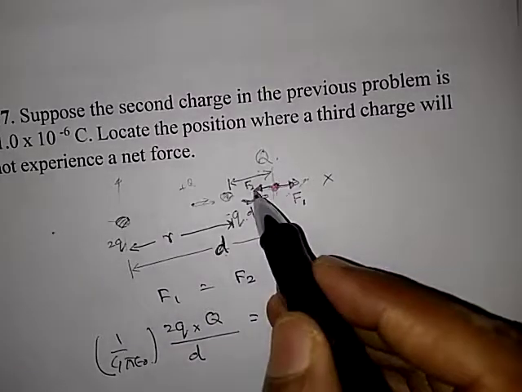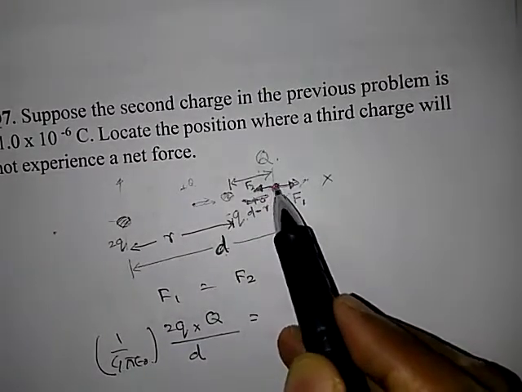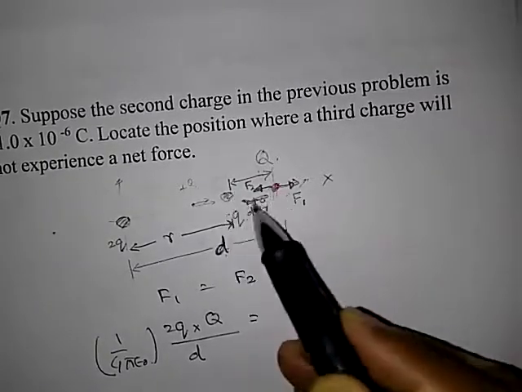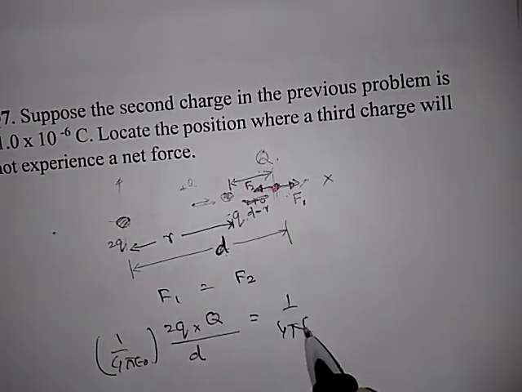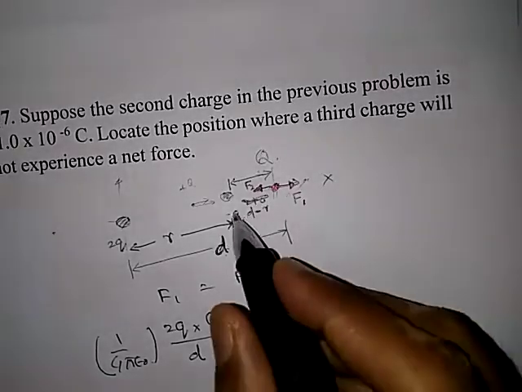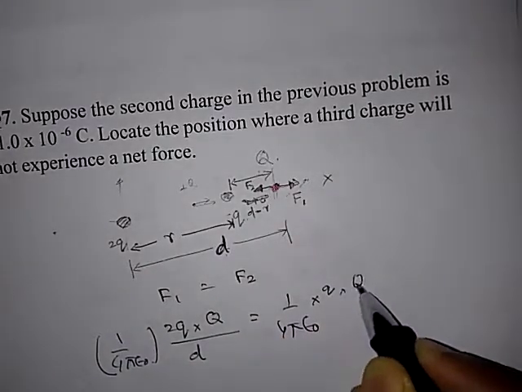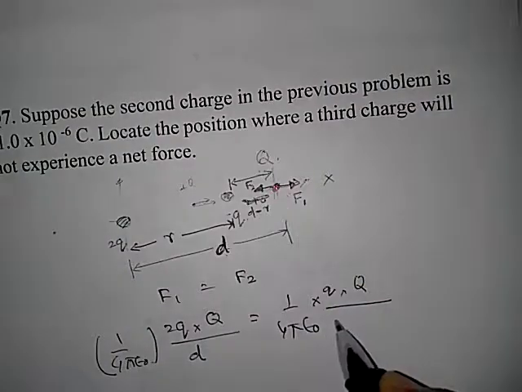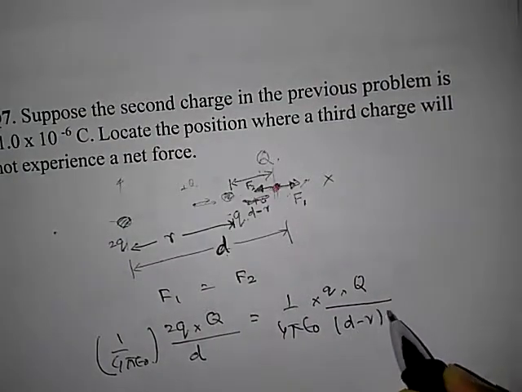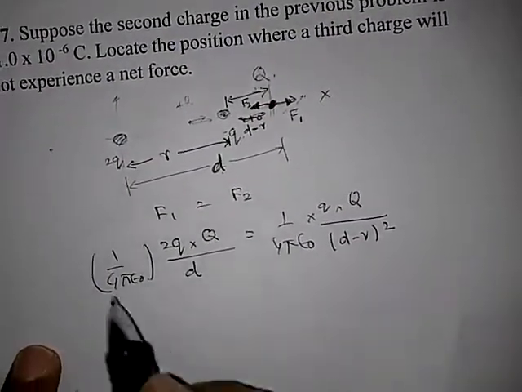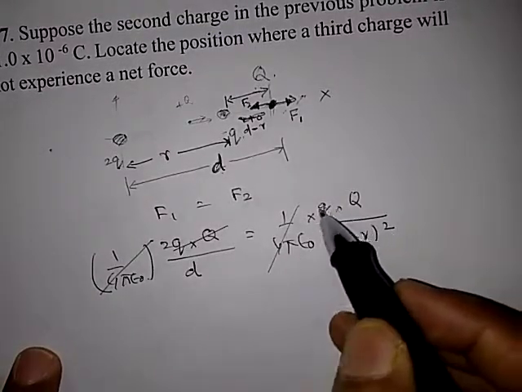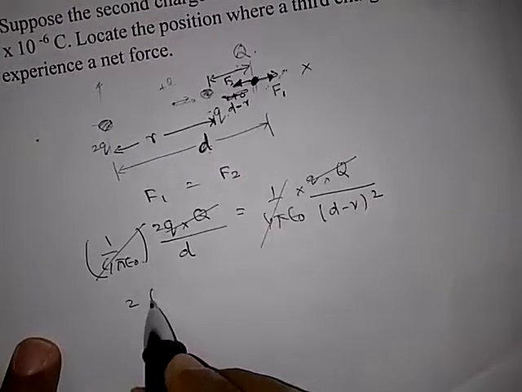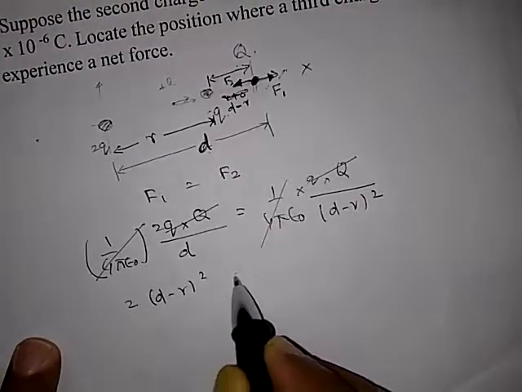And this should be equal to force F2, which is the force on this particle due to this negative Q charge. So we get 1 upon 4 pi epsilon 0 multiplied by Q into capital Q divided by (d minus r) whole square. So we cancel out Q and Q, and it becomes 2 into (d minus r) whole square is equal to